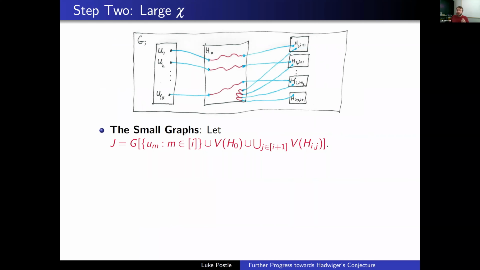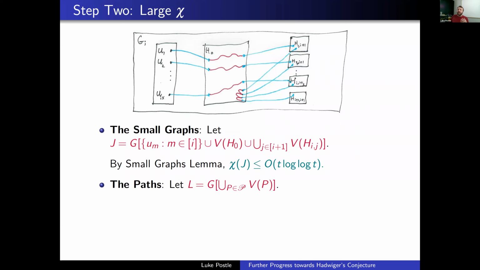So can you have large chromatic number left over? Well, the nice part is everything is small. The U's are small, all the H's are small. So they'll have small chromatic number, T log T by the small graphs lemma. You might complain, what about those paths from Menger's theorem? Do they have large chromatic number? Well, there's not too many of them, and if you're not silly and you make them induced,